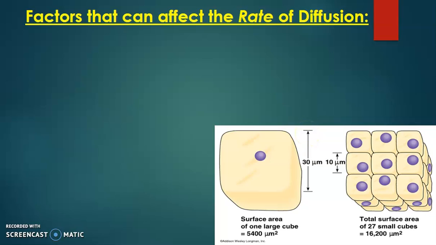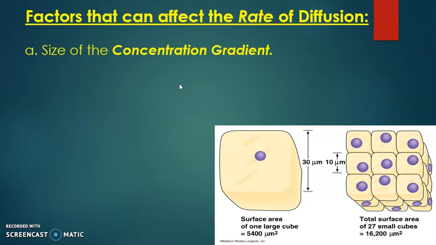Now, before I get into the types of diffusion, I want to cover things that can actually affect the rate. When I say affect the rate, I mean control the speed. Is this particular factor going to speed up the rate of diffusion to reach balance, or is it going to slow it down, or is it going to stop it altogether? So the first one would be the size of the